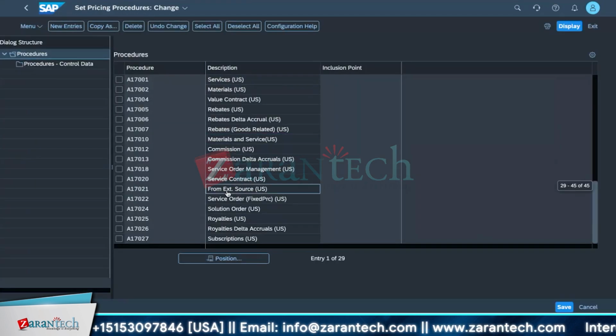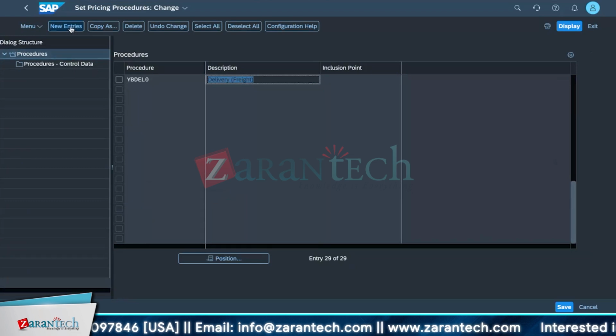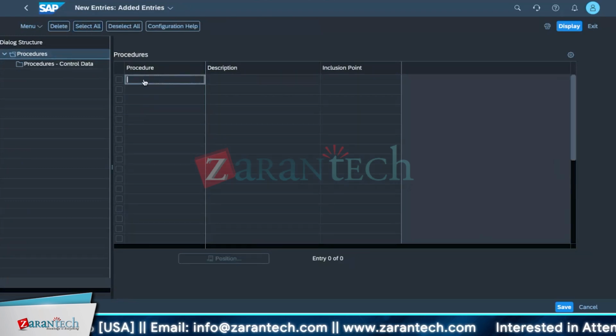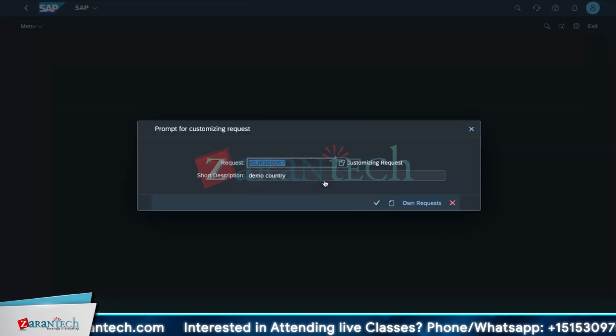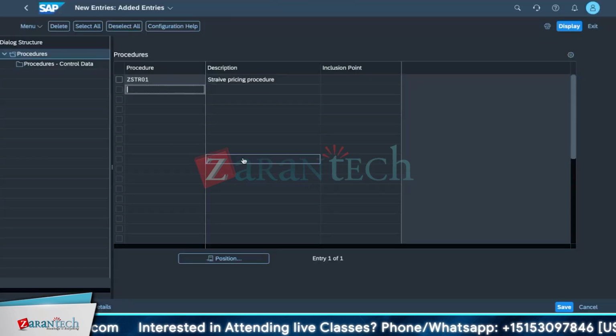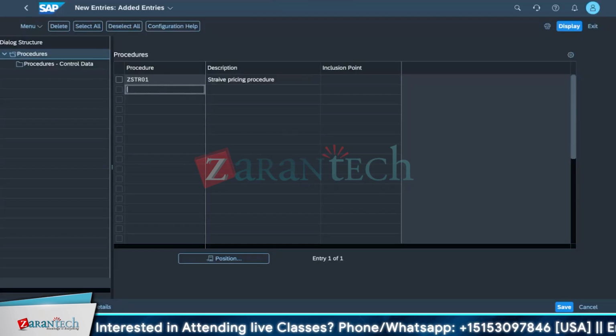There are many here. If you want to add new pricing procedures, whatever you want. For example, you have a separate procedure in Stripe. You can add that as ZSTR01, Stripe pricing procedure, and save this. So that will be added further. Okay. Further to it,